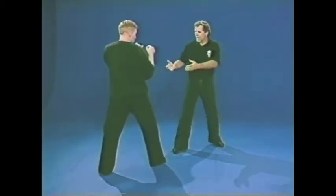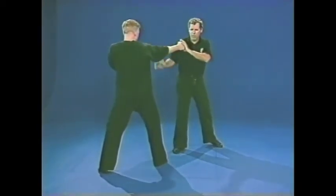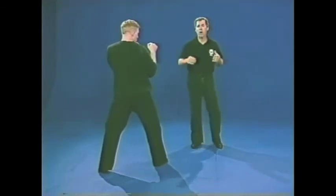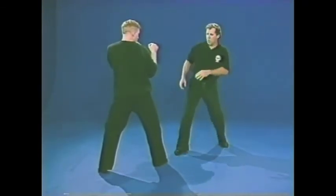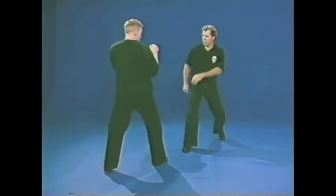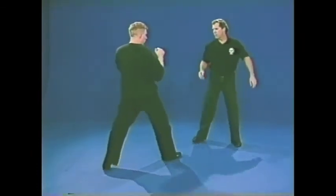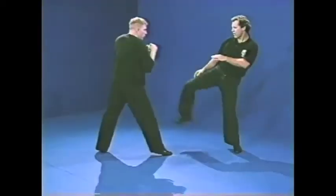You're trying to take that technique coming in and counter, either by attacking the limb or attacking the actual body. So if I feel confident that I can move before he hits me, I may put my hands down. I may just move around, allow my opponent to try what he wants to. As he tries, I'm setting up the ability to kick low or punch to counter the opponent. So in this case, I'm drawing my opponent in as I move, and then countering